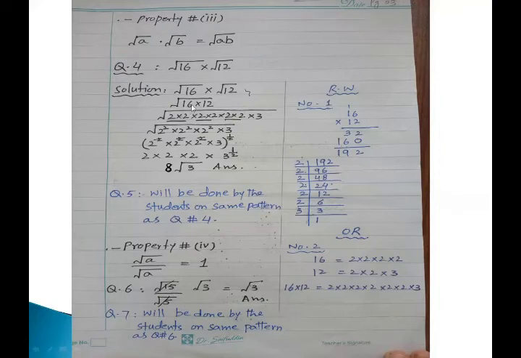Now we will take the factors. We can multiply them together and take the factors like this. 16 multiplied by 12 is 192, and 192 has these factors, so we can write them like this. But the second way is that we can take the factors of 16, take the factors of 12 and write them together like this. So it would be the same. Okay?